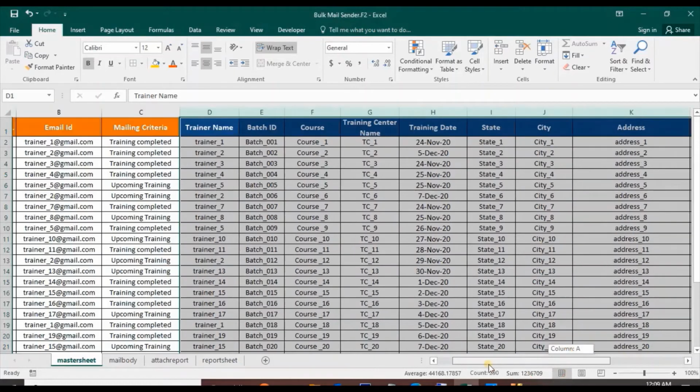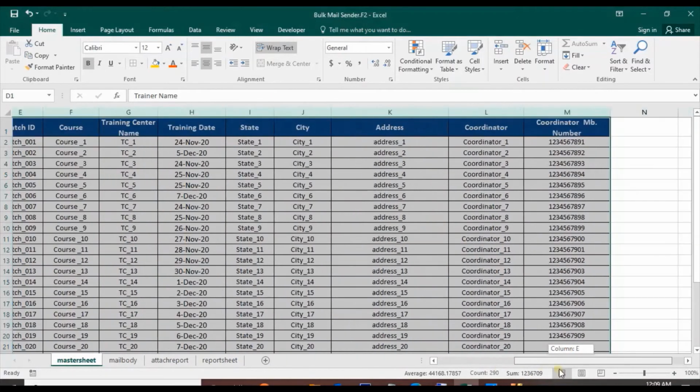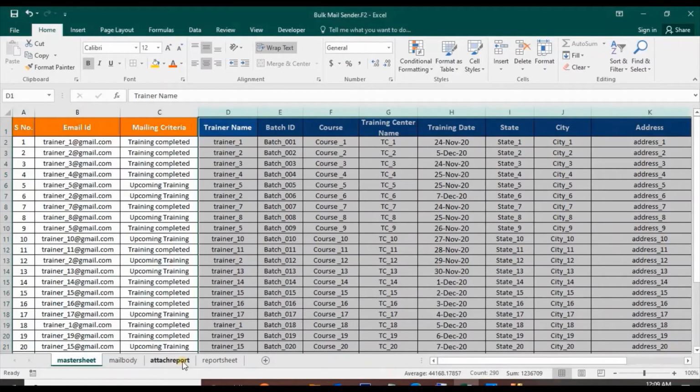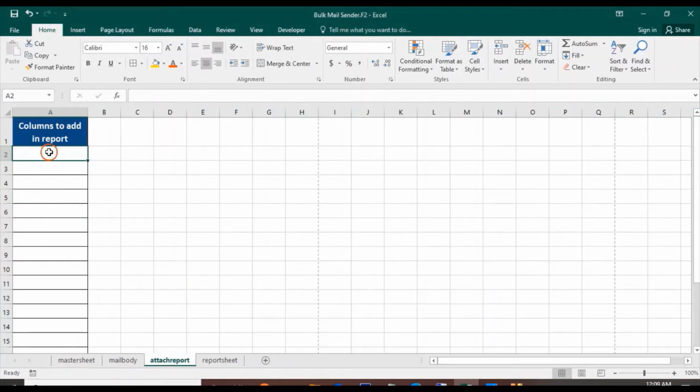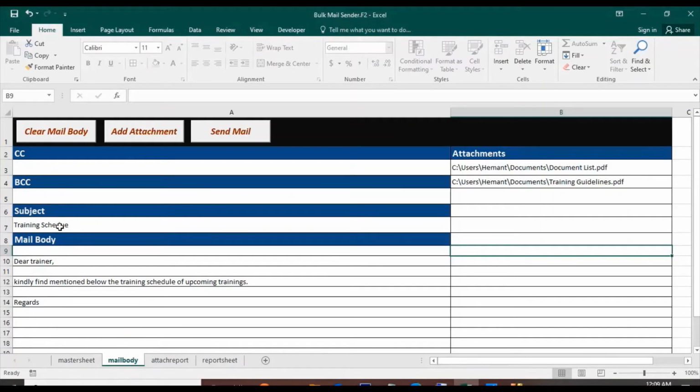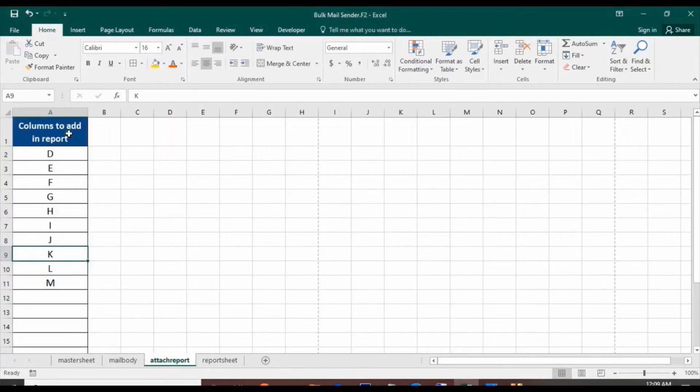We want all this data from column number D to column number M. So let's mention this here. It's done. Now the mail is ready. Batch report data is ready.